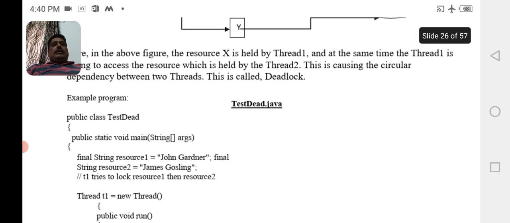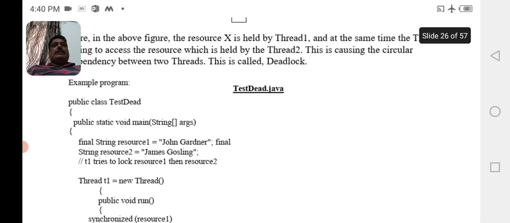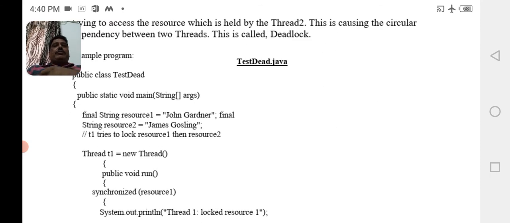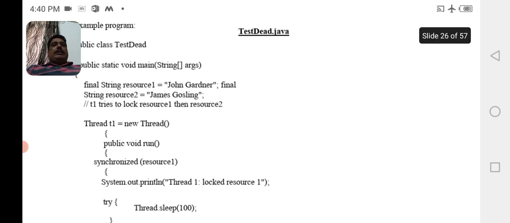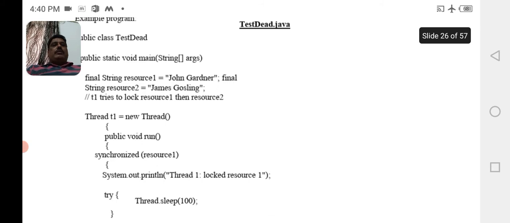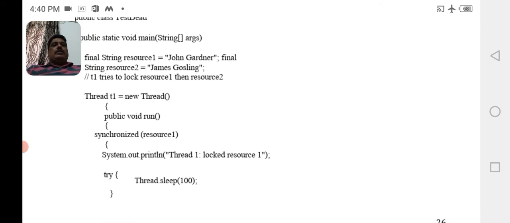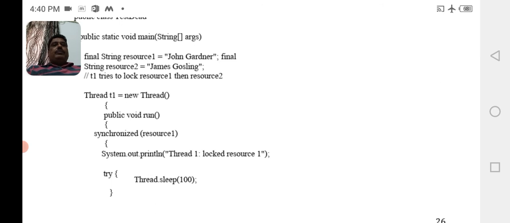Let us see the example program. public class TestDead { public static void main(String[] args) { final String resource1 = "John Gardner"; final String resource2 = "James Gosling"; // T1 tries to lock resource 1, then resource 2. Thread t1 = new Thread() { public void run() { synchronized (resource1) { System.out.println("Thread 1